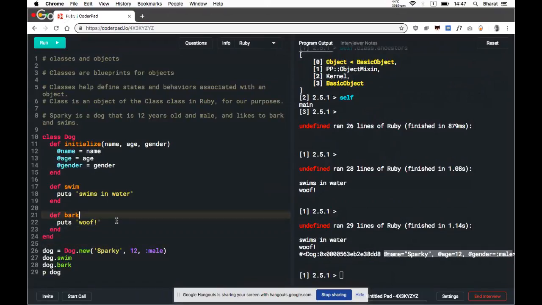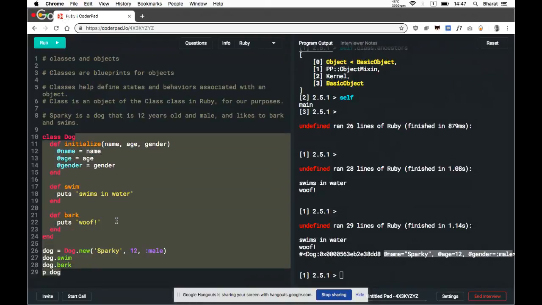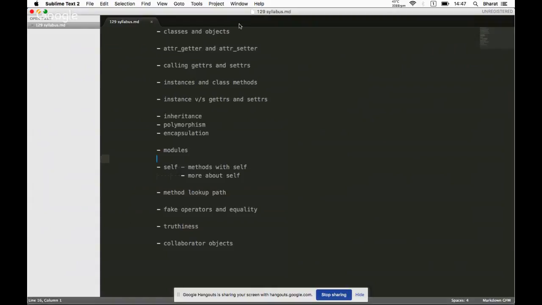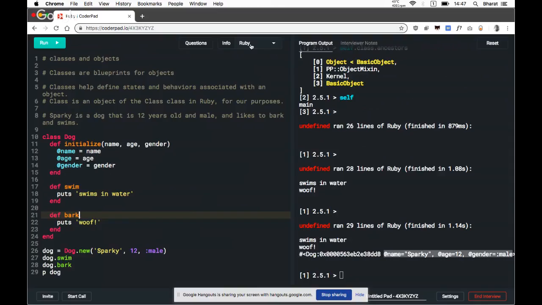So every object will have the ability to use swim or bark, while the behaviors are likely to use the states for some purpose or the other, but every object instantiated from the same class has access to these variables. Okay, cool. So that's classes and objects.